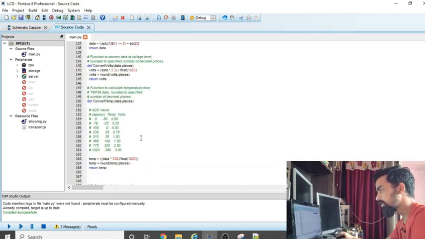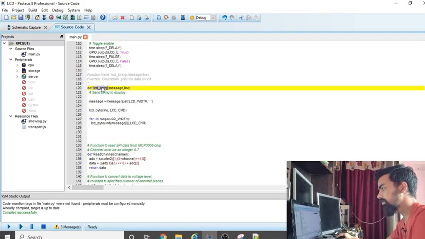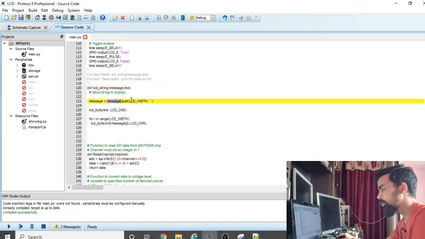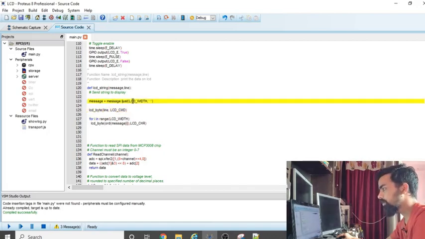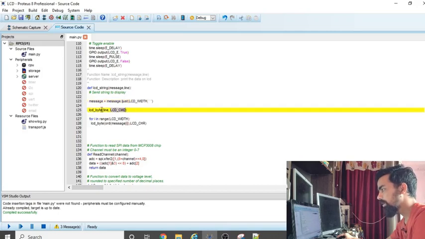So first go to the LCD string function. Inside the LCD string function there is a message, that is welcome, and the line is line number 1. First we have to calculate the width of that message with this function. Once we calculate the width, we have to tell the LCD that this message has to print on line number 1 by using this line command. The line command gets executed with LCD byte. The same logic will execute.